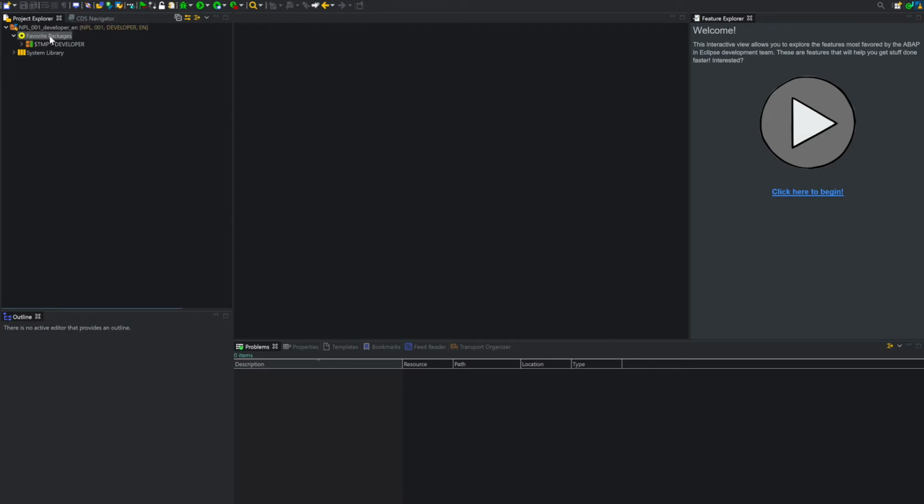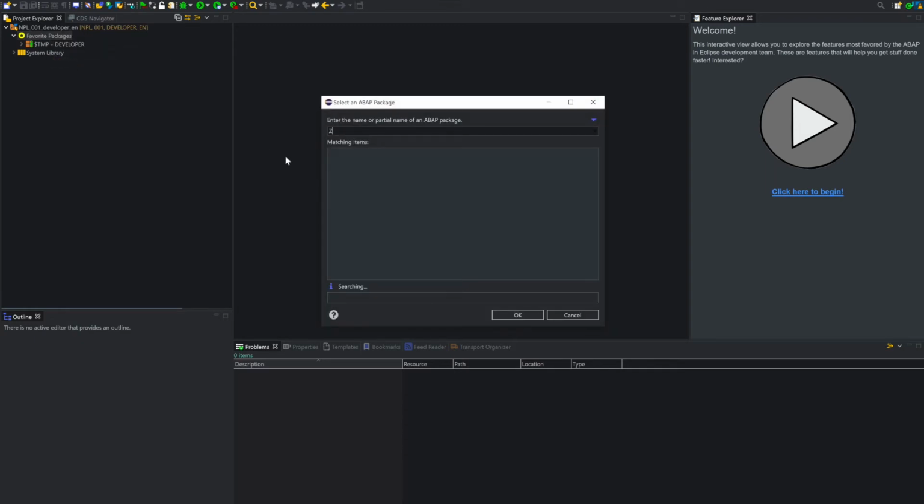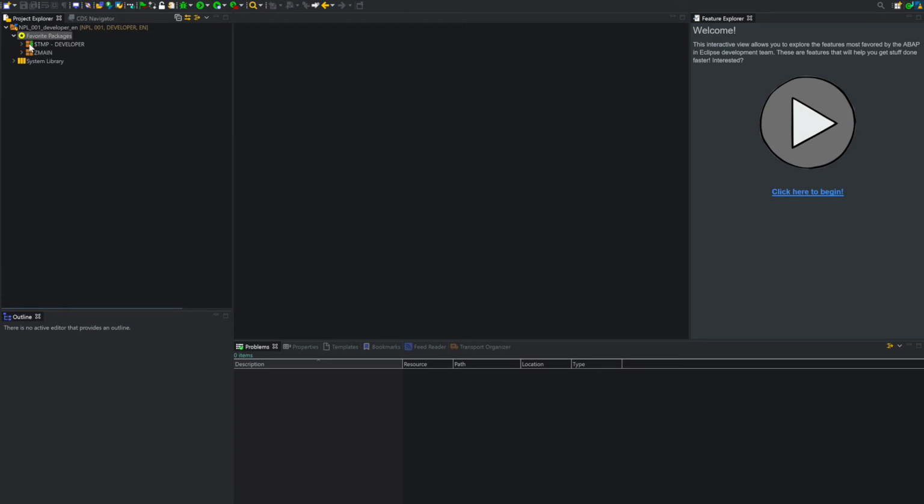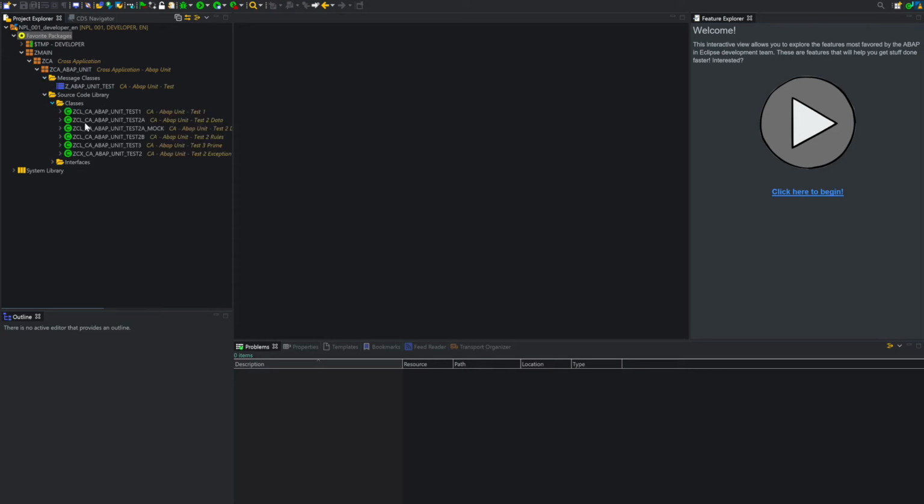Now I will add a default package to my favorites, and as I have prepared everything, I know I have my main package. In Eclipse, when you type the first letter, second letter of an object, it will help you to find the object. I need main, so everything is here now. And you will find all the objects I have created for the moment.